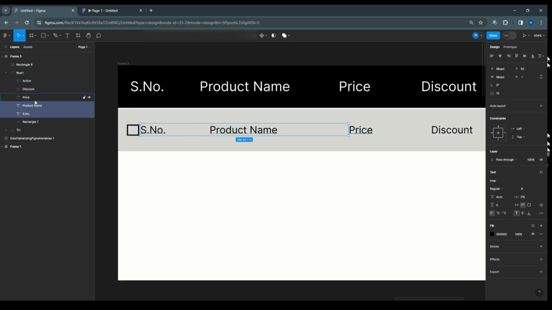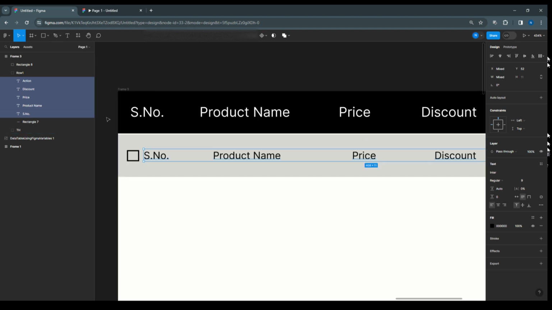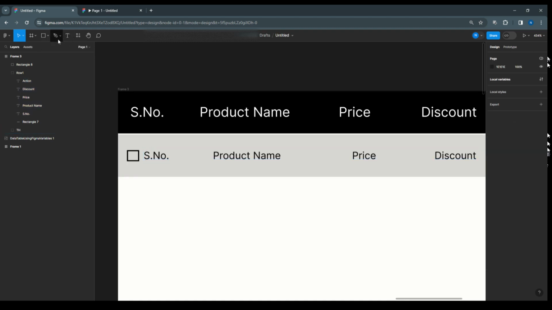And now select this text, move little, fine. Now we'll take one rectangle outside,